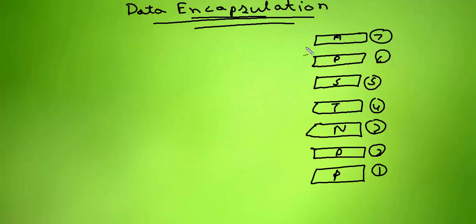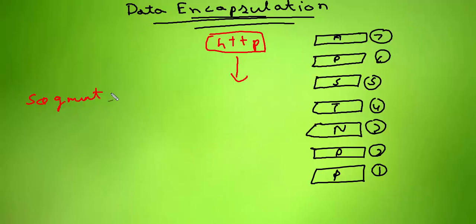In every layer we add a protocol. Now you're thinking, in the application layer what do we have? Whenever you generate data, it is encapsulated in HTTP. When that HTTP goes to the transport layer, the transport layer, as you know, will first segment that data and add